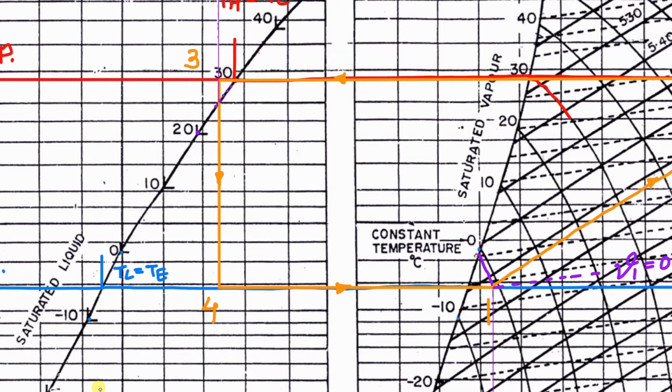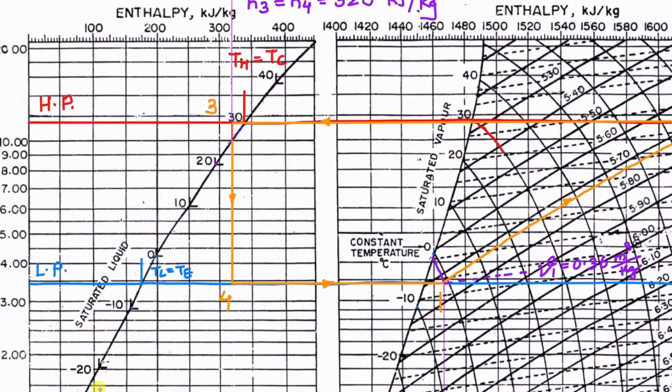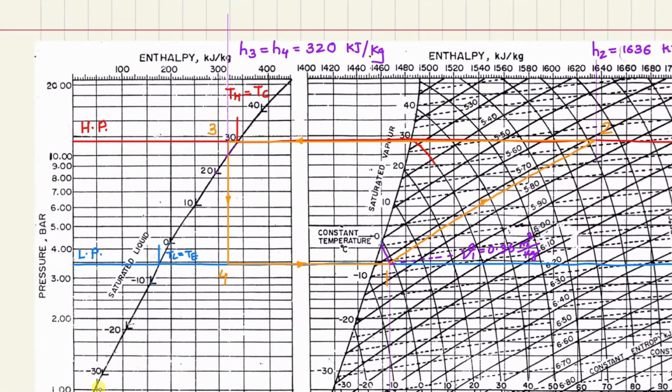Okay, don't get confused. This line is a pressure line. It is not a temperature line. So this -10 is for this point. Okay, it will be opposite of this one. Okay, you can see here. So be careful. From here you have to transfer this -1 on this low pressure line. Wherever it intersects, that will be point 1. Now just you have to complete the cycle.